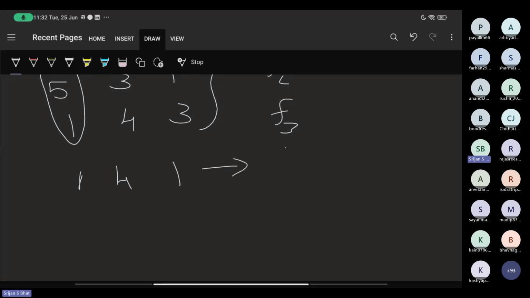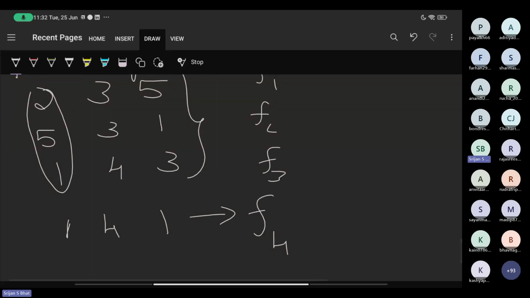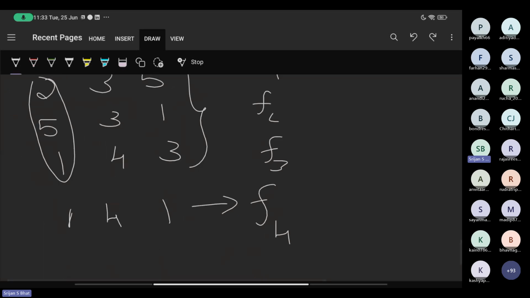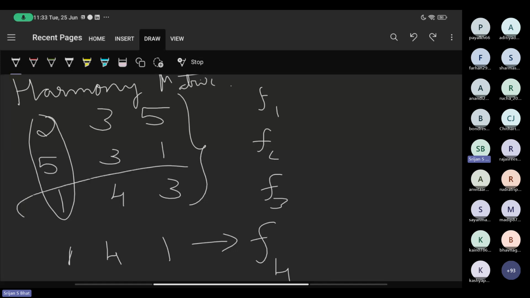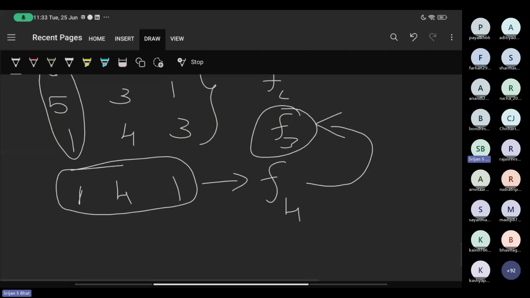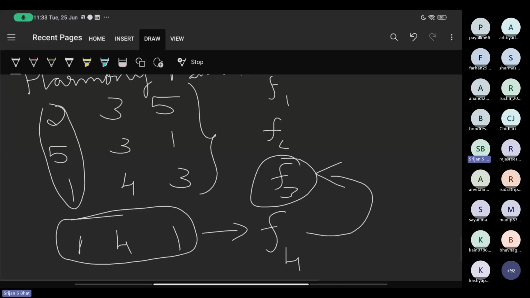So you get one more F4 value, one more function value. Now you compare how good this value is, not from an aesthetic standpoint, but from an optimization standpoint. If this value is better than F3, then you replace F3 with F4, so the matrix is replaced by this. And you continue doing this until you get a good enough result, the best pitch.